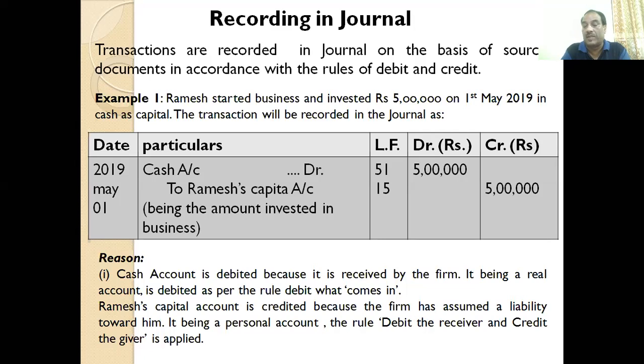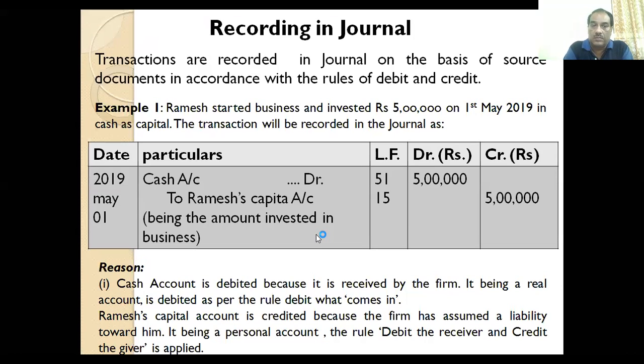So Ramesh's capital account is credited because the firm has assumed a liability toward him. Ramesh has invested rupees 5 lakhs. It is not a donation. It is a liability for a business. That business has to pay this amount to Ramesh. So Ramesh